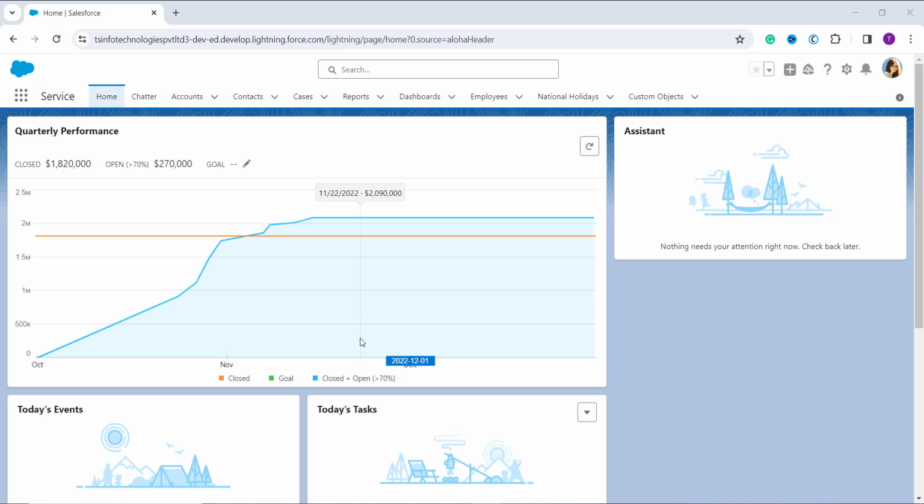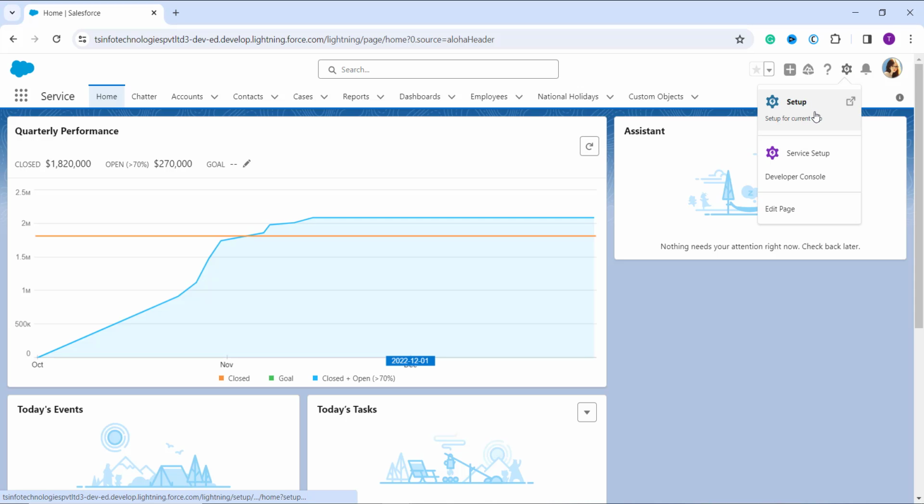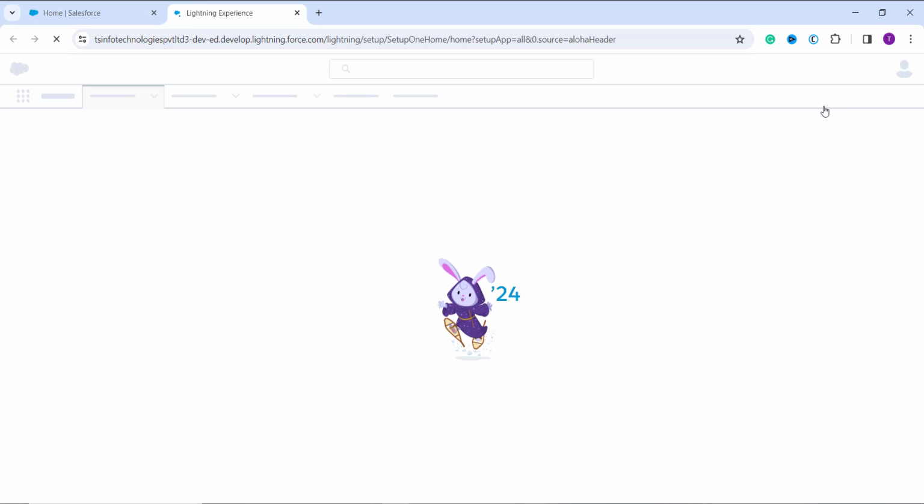Firstly, log in to the Salesforce account with the help of the credentials of a Salesforce administrator. Once you have successfully logged in, most of the time you will be redirected to the home tab of a specific app. Now to move to the main setup home page, you need to click on the gear icon on the top right side, and from here choose the setup option that is number 1. It takes you to the setup for the current app. It opens a new tab and takes you to the main setup home page of Salesforce Lightning.